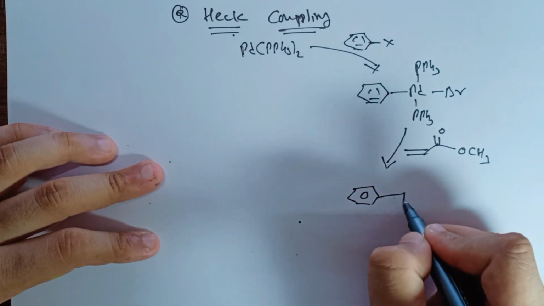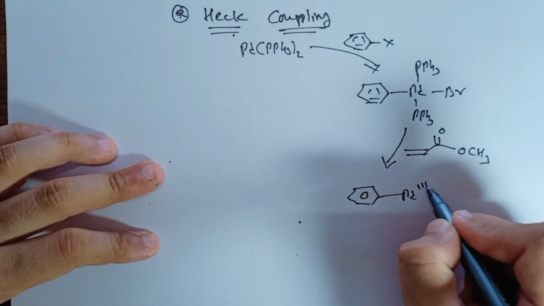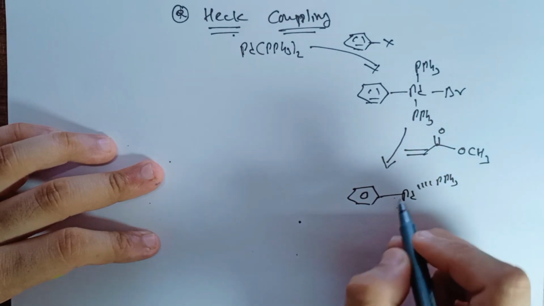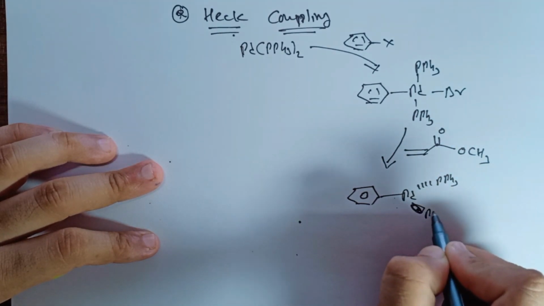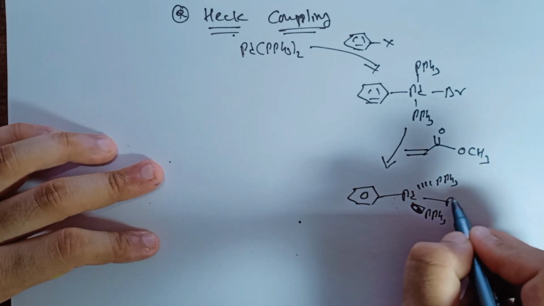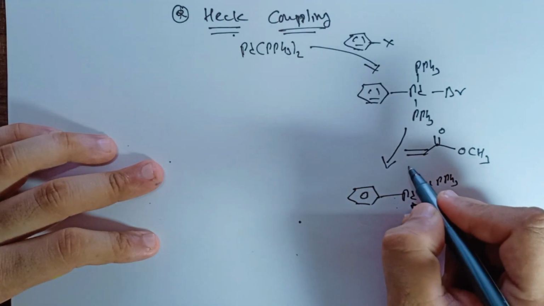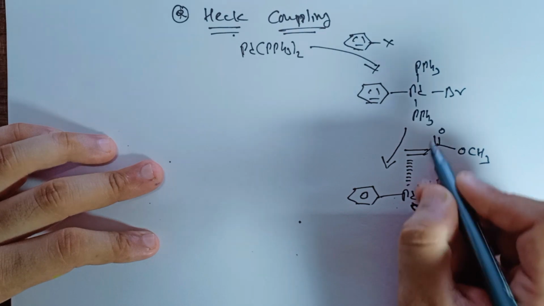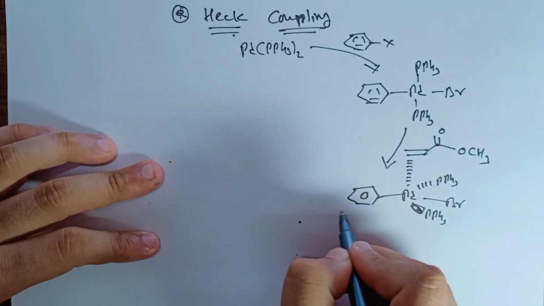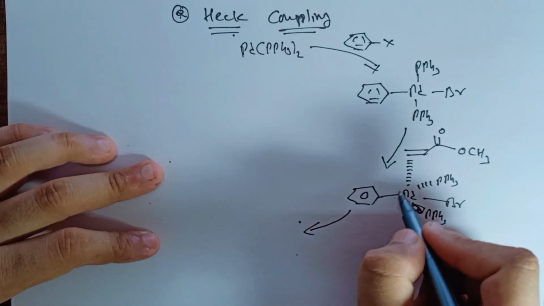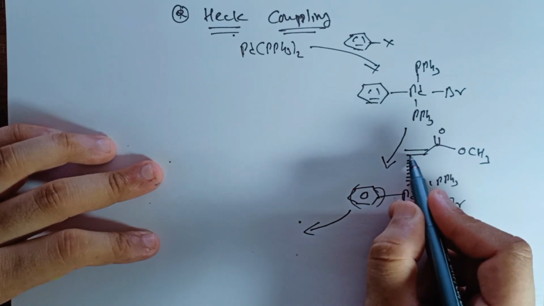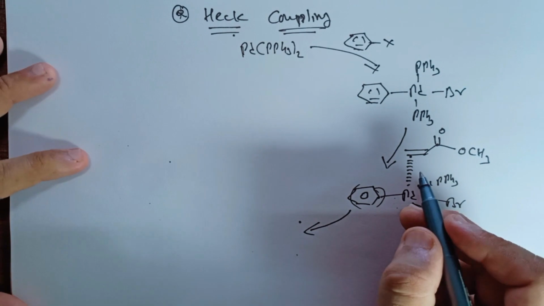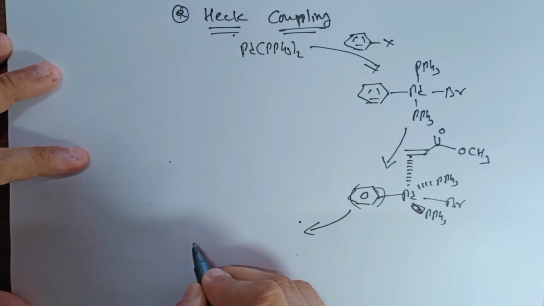So here we are having a palladium catalyst. Now I will write down over here PPh3 on the downward side, and one PPh3 group on the upward side. Here we are having Br on the plane. So it will make a partial bond towards this compound. So now what will happen? Now this aromatic ring will insert towards the alkene group. So now what will be the product? Here we are having this type of product.